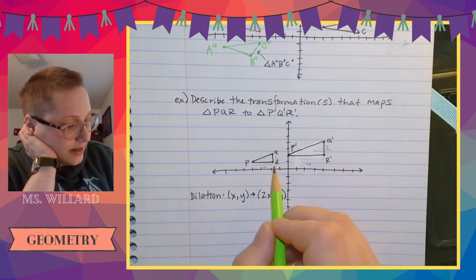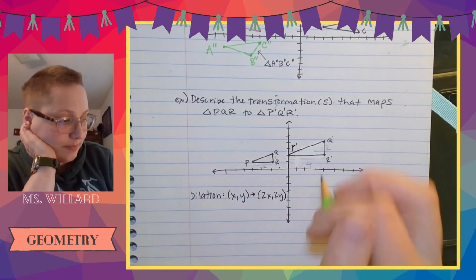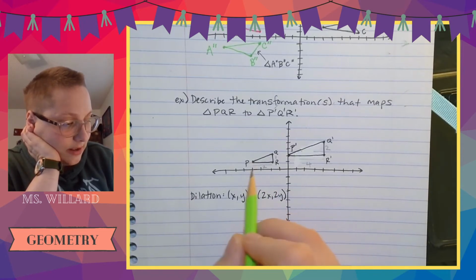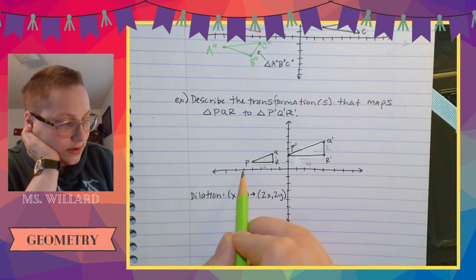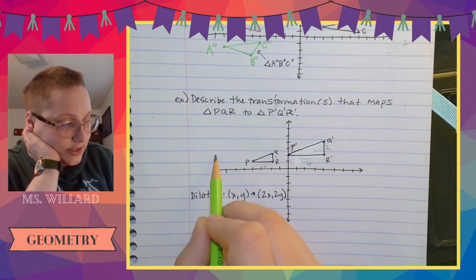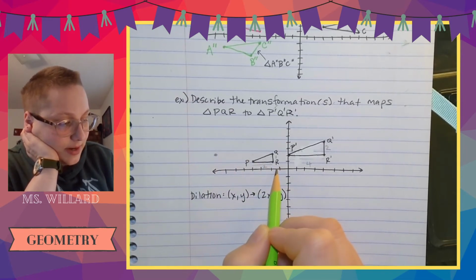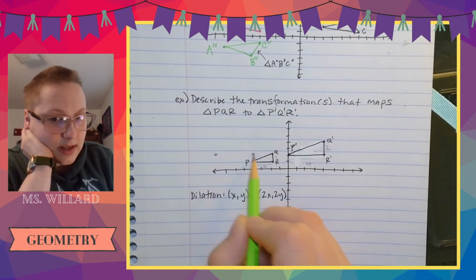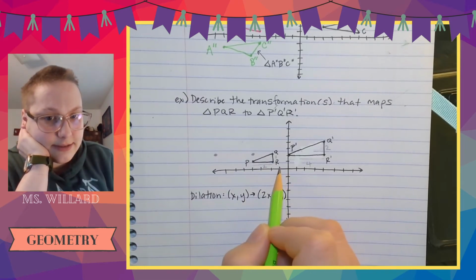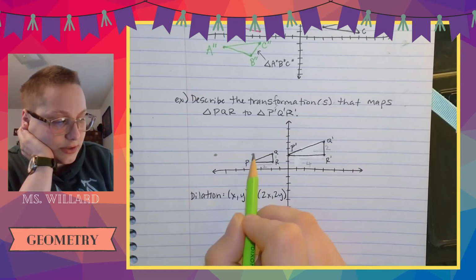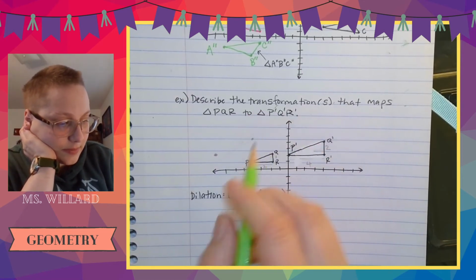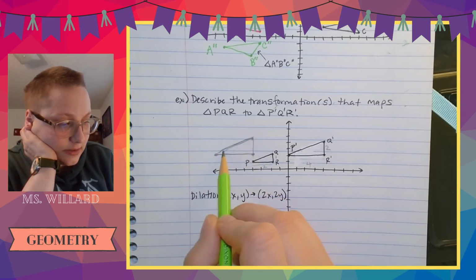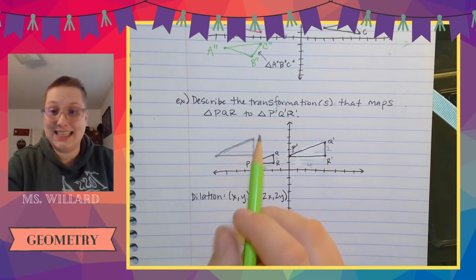So here I take every point and I double the point, remember? So if this point is negative 4, 1, it'll be negative 8, 2. 4, 5, 6, 7, 8, 2. If this is the point negative 2, 1, it'll be the point negative 4, 2. And if this is the point negative 2, 2, it'll be negative 4, 4. Okay, so this is my dilation, right? That's my dilated triangle,